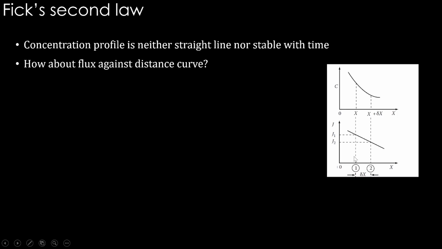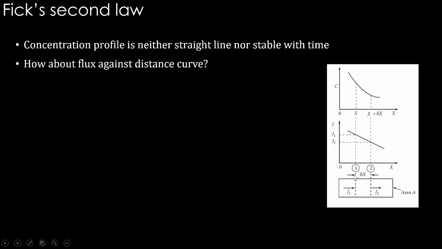This is going to have consequences. If you bring the real material here, over this delta x distance between point 1 and 2, you can see how it is. So this is the material. At this location, the flux is J1, which is higher, and at this location the flux is J2, which is lower, meaning the amount of material entering this side is more and the amount of material leaving this side is less. Therefore, over this delta x, there will be accumulation of material. As long as the flux is different from one location to the next, there will be accumulation of material there. Higher flux, lower flux, therefore accumulation of material happens.